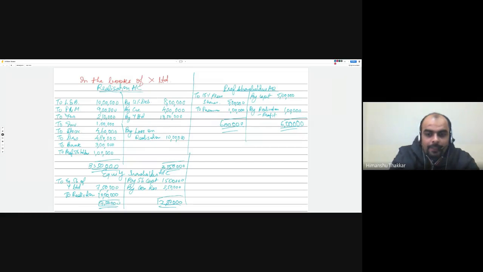Third entry. Third entry is for making the payment of purchase consideration. So you are going to make the payment to liquidators of X Limited account. Liquidator of X Limited account debit. What amount you're going to pay? You're going to pay 13,50,000